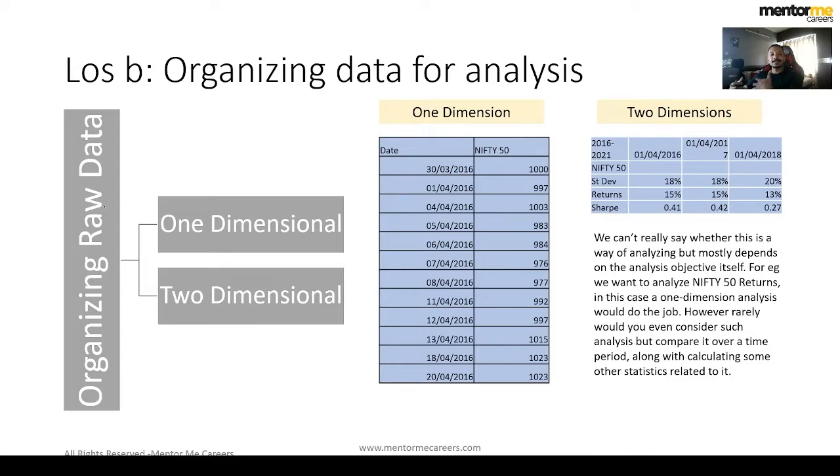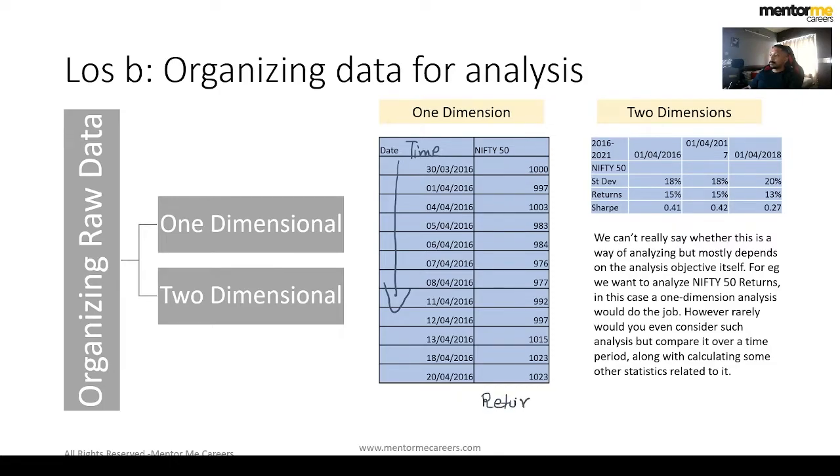Whenever as an analyst you're looking at data, let's look at the example here. You've got dates and you've got Nifty 50 prices for some trading days. Now, this is a one dimension data because the only dimension that you're looking at is time. All you're concerned about is time, and then there is the stock price. But if you want to perform certain analysis, let's say find out what return got generated here,